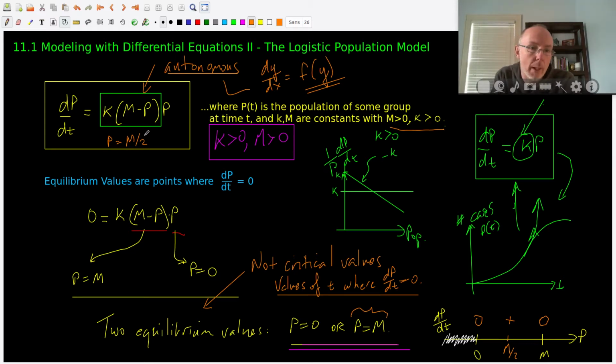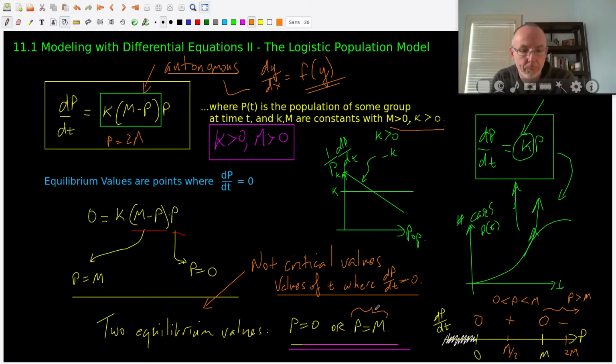And then I'm going to say what happens when p is bigger than that. Let's suppose it's 2m, all the way up here at 2m, not to scale. Well, then this factor will be negative. This factor is positive, and so overall the rate of change of p is negative, which means p is decreasing in that region. In other words, p is decreasing when p is bigger than m, and it's increasing when it's between 0 and m. I'm going to bring this together on the next page, but first let's have a look